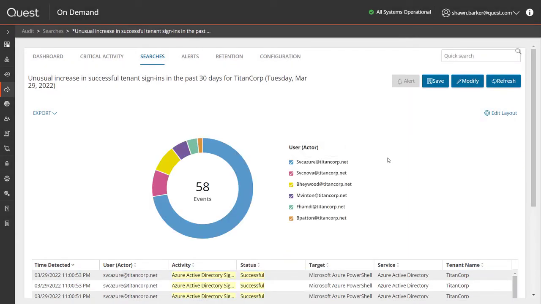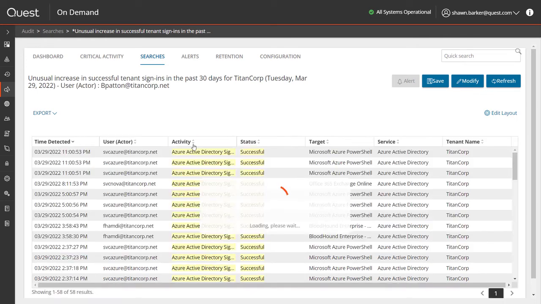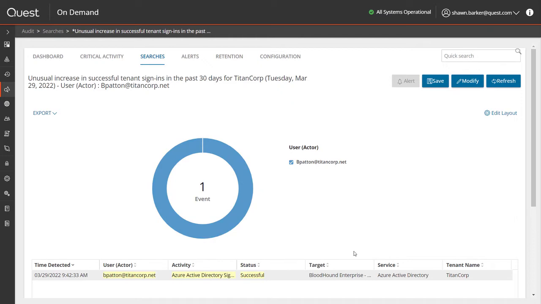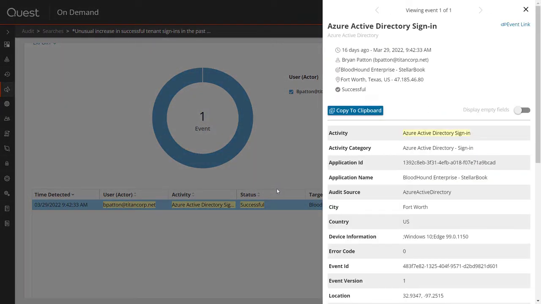With the new interactive visualizations, I can now configure any search, whether it's built in from the critical activity widget or one that I create myself, to display as a visualization as well. I still have the underlying events at the bottom, but now I can tell really quickly at a glance that all of these successful sign-ins for the anomaly came from 6 different users. Again, I can interact with this. If these are expected sign-ins here, I can remove that, and I've got the ones that remain. And if I drill into specific elements of that chart, it'll narrow the specific events at the bottom as well.